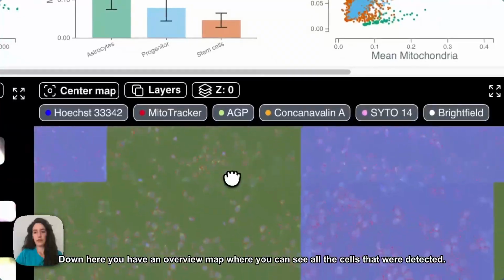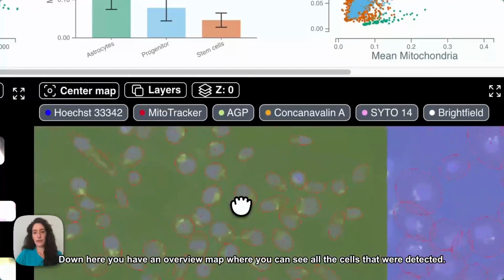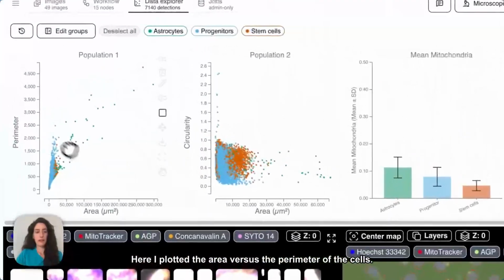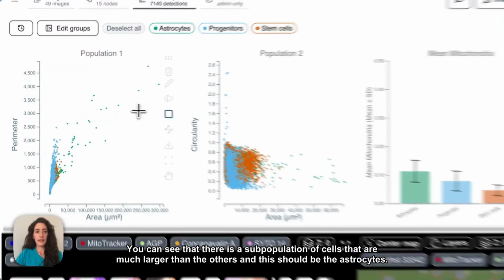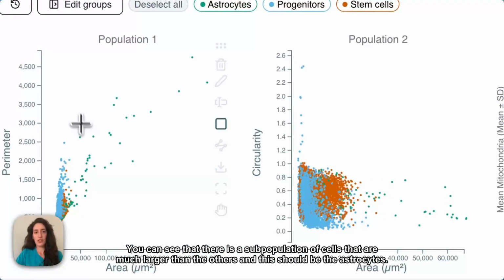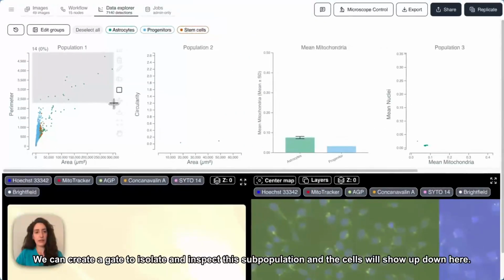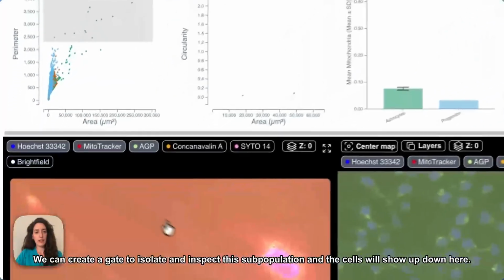Down here you have an overview map where you can see all the cells that were detected. Here I plotted the area versus the perimeter of the cells. You can see that there is a subpopulation of cells that are much larger than the others, and these should be the astrocytes. We can create a gate to isolate and inspect this subpopulation, and the cells will show up